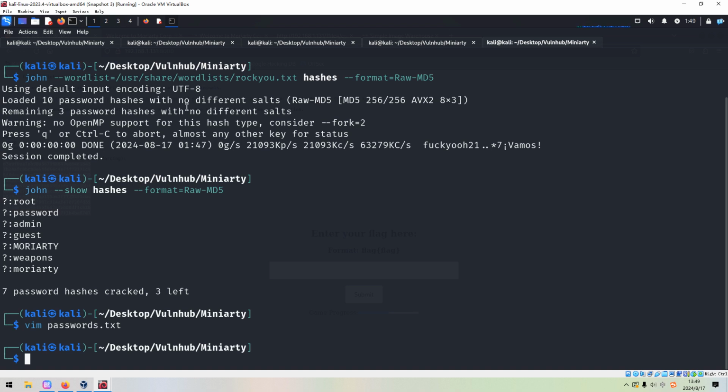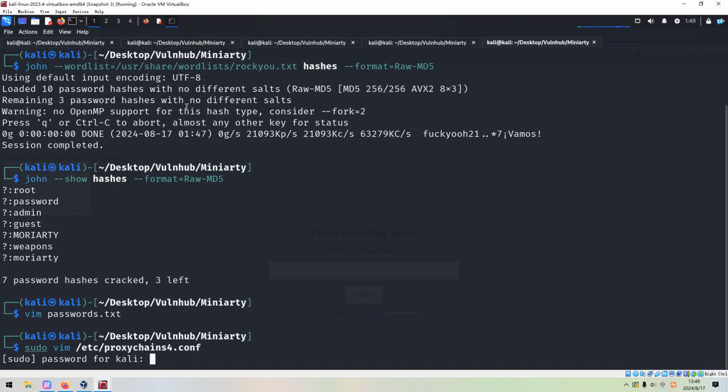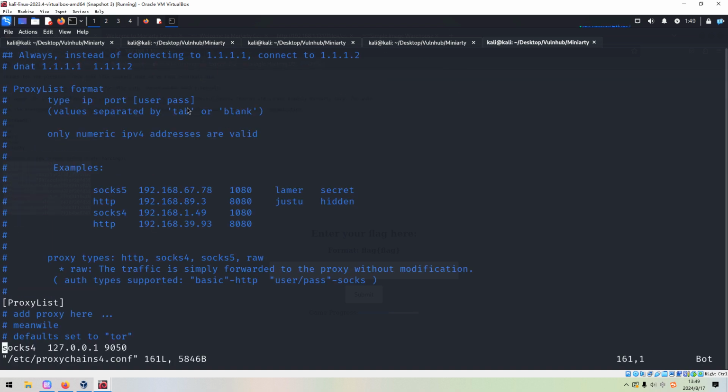Okay, so how to do? Of course, we can use sudo proxychains. Have I already configured the proxychains configuration? Not yet. We need to comment out this line.